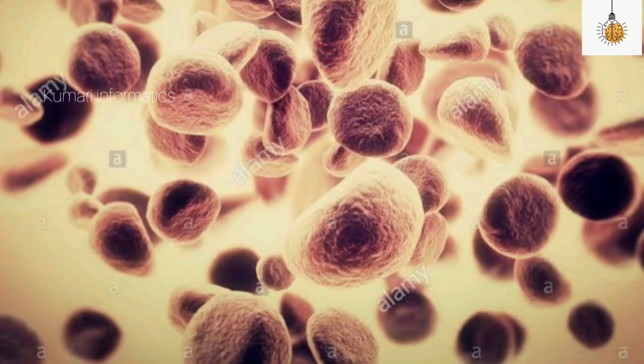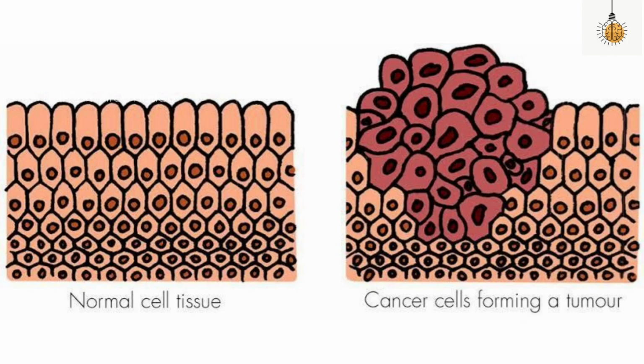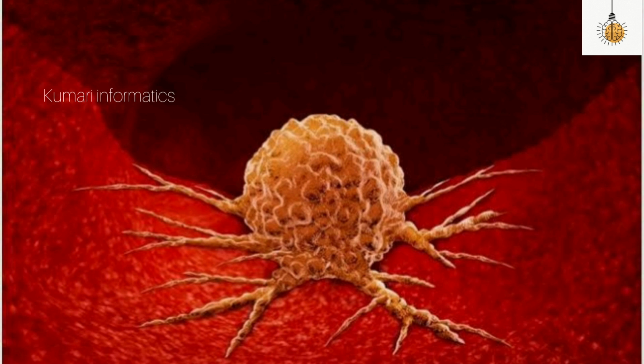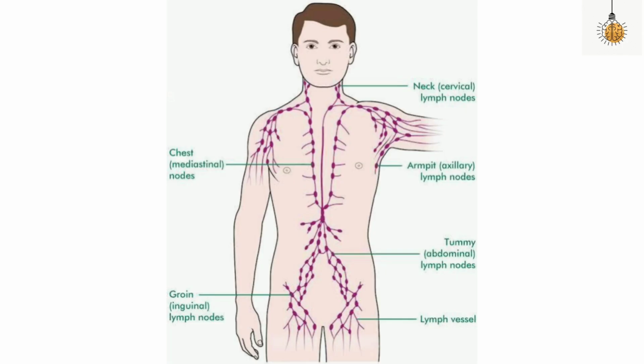They start growing and growing. They don't obey the rules of our cell division. So, ultimately, after some time, you can see a mass of cells growing, forming a tumor. But that's not the end. The tumor gets the property of spreading across the body by transferring through the tissue. That is making cancer a deadly alarm for our health. So, this is how cancer is forming in our body.